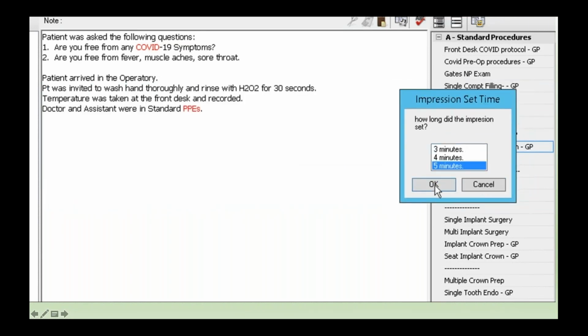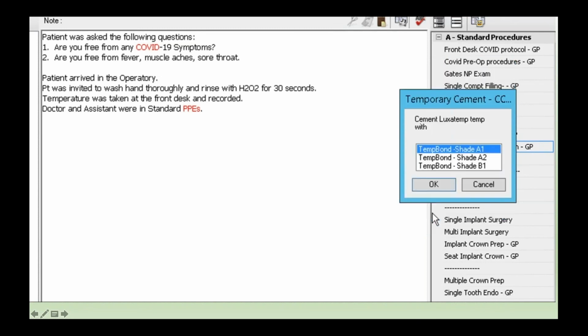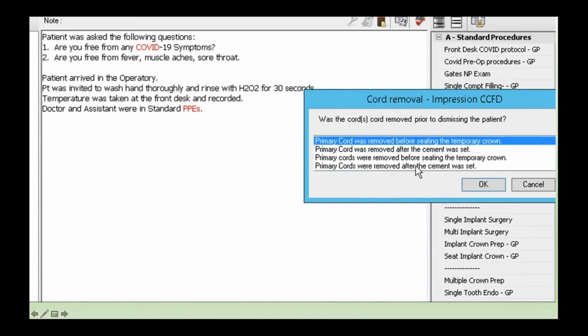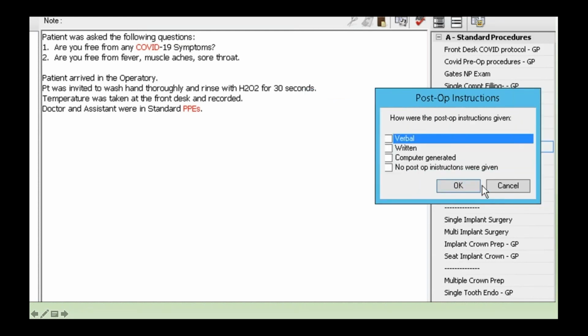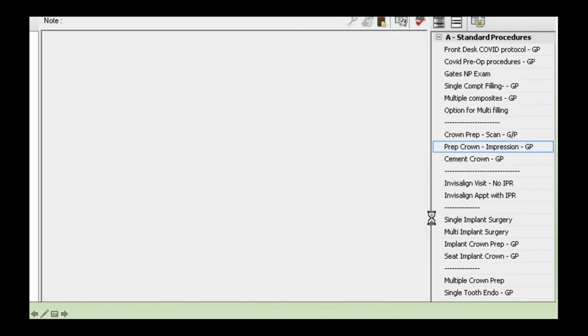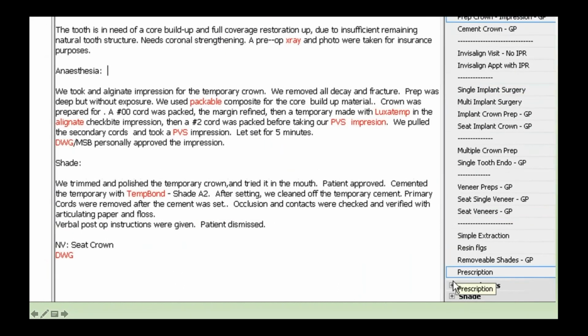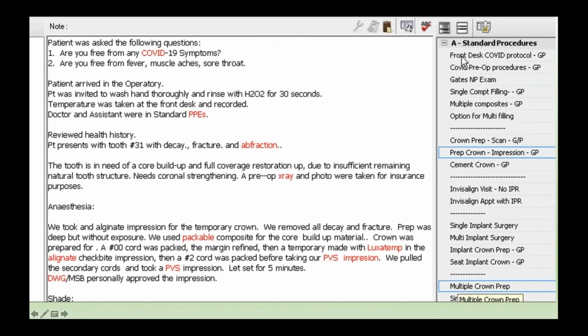How long do we let it sit? 5. Impression myself, the primary cord was removed before seating the temporary crown, removed after that was set. Verbal instruction, click that, and then by Dr. Gates. Boom, there it is. And the anesthesia. Now the anesthesia, I go, and then